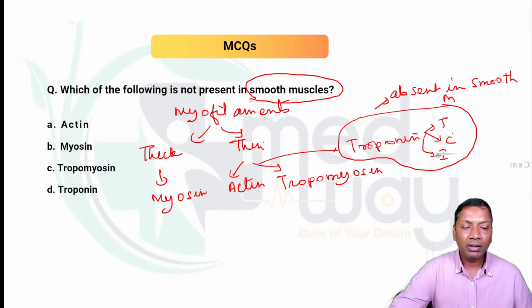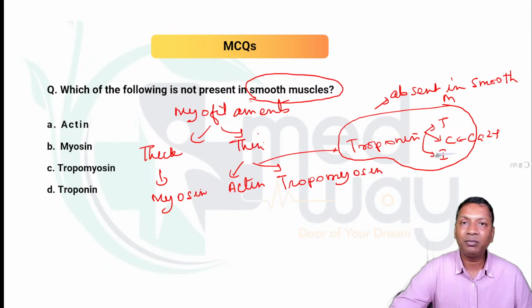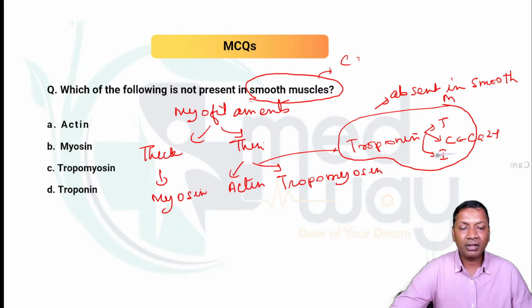Because you know very well, the calcium binds with troponin C in the skeletal muscle and the cardiac muscle. But since the troponin is absent in the smooth muscle, where will the calcium bind? So in the smooth muscle, the